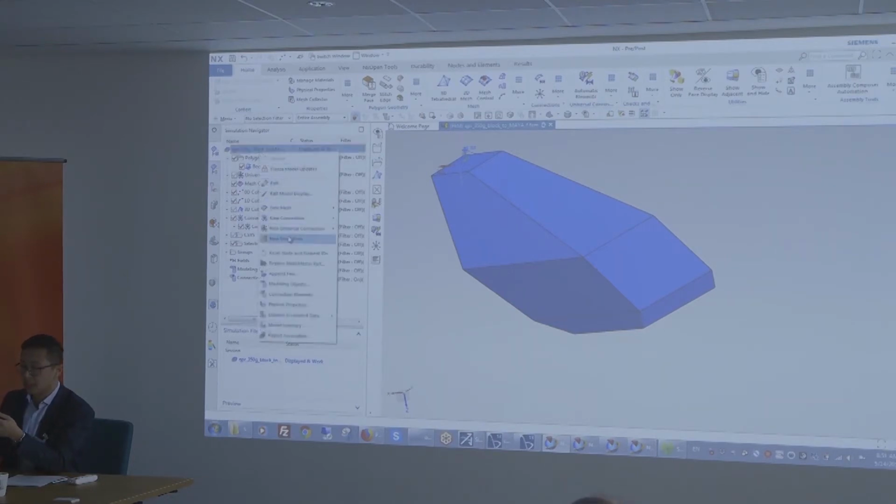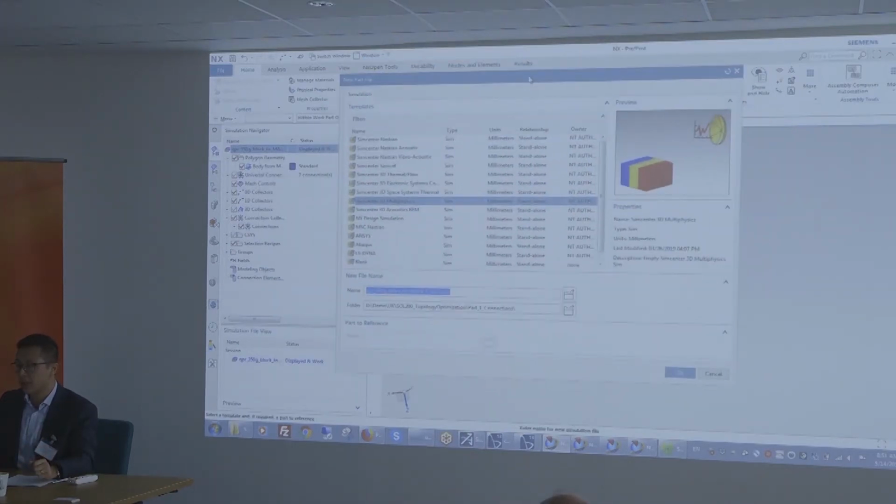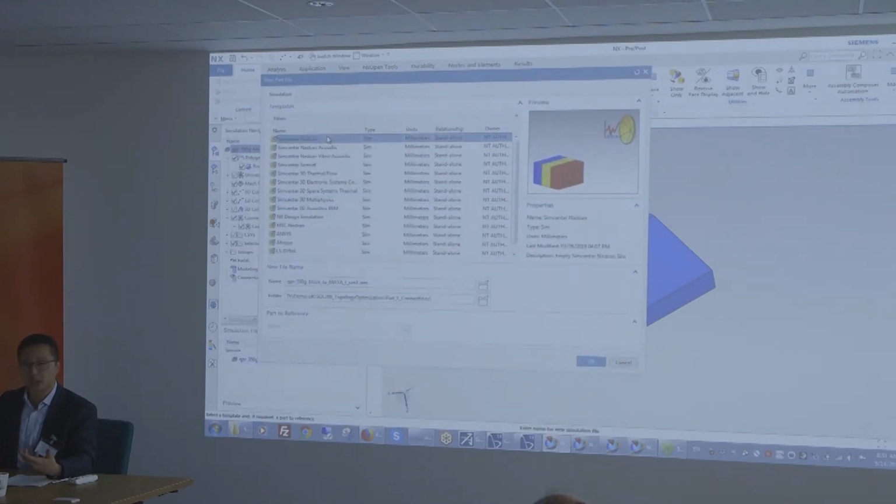The next step is to create a simulation. In SimCenter 3D, the process of going from FEM to simulation is seamless. All we have to do is create a new simulation directly from that FEM and identify your weapon of choice. In this case, I've been talking about structure, topology optimization, so that's our SimCenter Nastran solver. A solver that dates back to the 1980s, originally developed by NASA, it was open code, then purchased by Siemens and continuously developed, with 2 releases a year adding further capabilities.